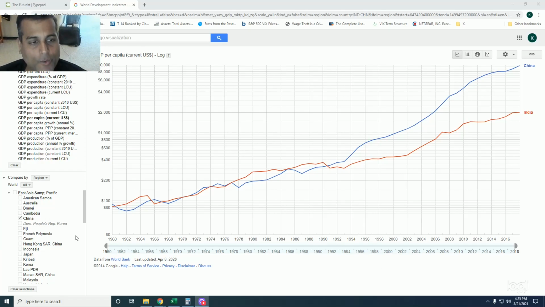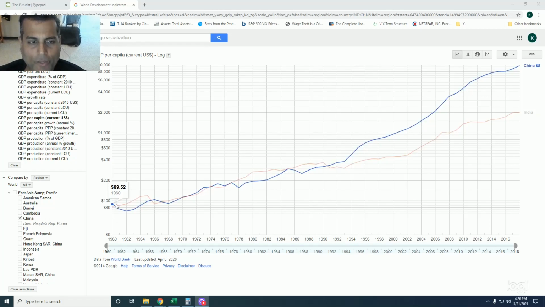So I'm going to use these charts from Google. I will have a link to this in the description box. So this is the per capita GDP of both China and India in nominal terms, so direct conversion of their currency. Nominal is ultimately the most important because that is the price at which worldwide purchases such as oil and other commodities are done, and also what governs trade balances, which we'll also talk about.